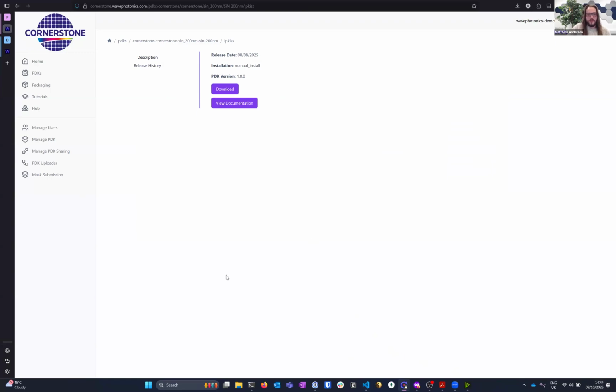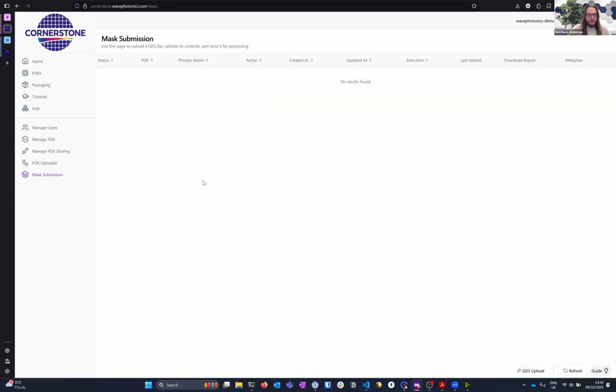And yeah, so that's the demo of the PDK and the upload tool, and how the designer can then access and use that. There is also a feature that we've begun working on to implement from the customer and the designer side, which is the mask submission. So that's trying to make the process of submitting your mask design to the foundry a little bit smoother. This isn't enabled with Cornerstone as they already have a good system in place, but the idea here is